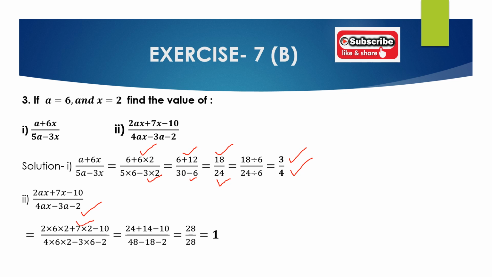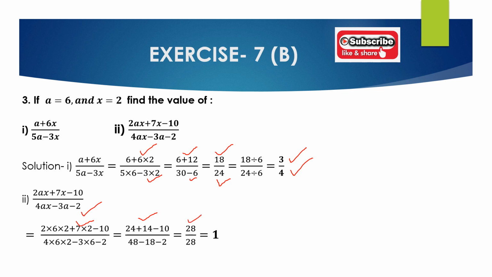2 multiplied with 6 is 12. 12 multiplied with 2 is 24. 24 plus 7 multiplied with 2 is 14. 14 minus 10. 24 plus 14 is 38 minus 10 is 28,